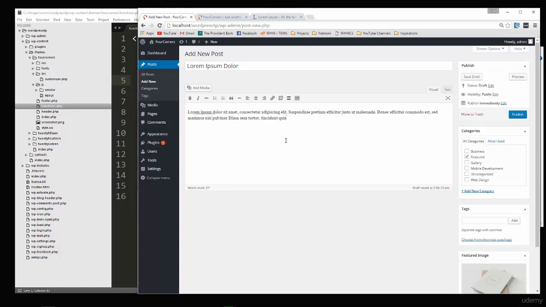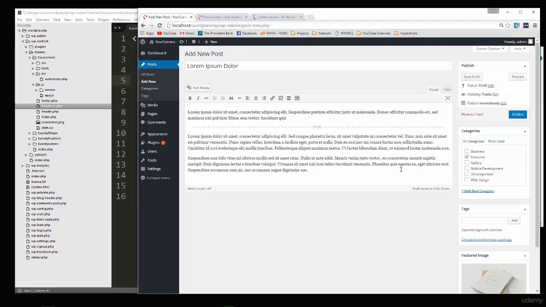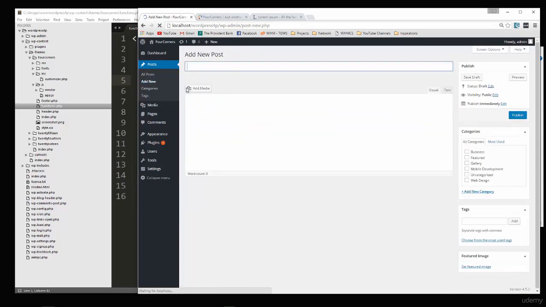Now I want to specify where the read more should be. So I want it here, so I'm going to click this insert read more, and then I'm going to paste in the rest. Okay, let's publish that, and let's say add new,